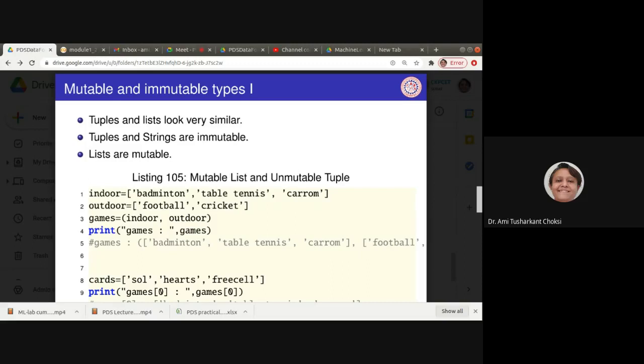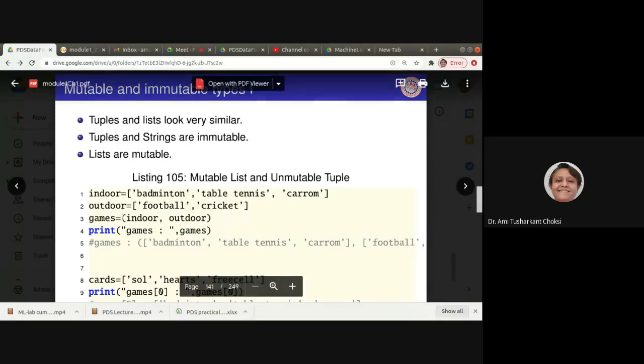So let us take an example, okay? List. Indoor is equal to badminton, table tennis, carom. Outdoor is equal to football and cricket. Games is equal to indoor and outdoor. Now see, what we are doing is creating a tuple.